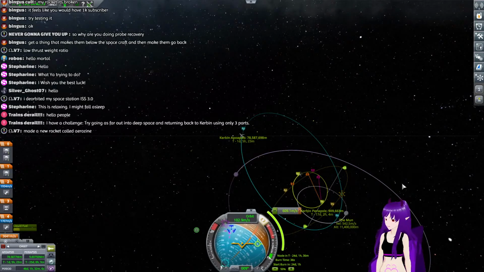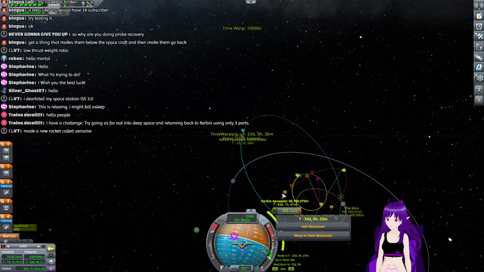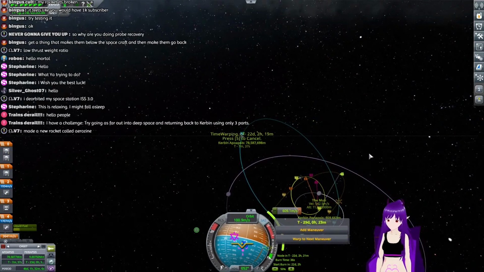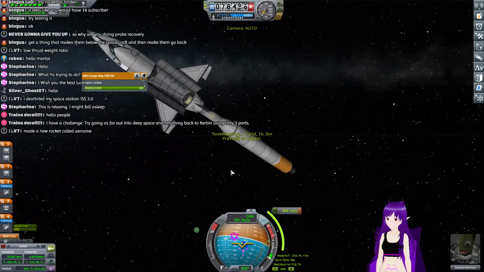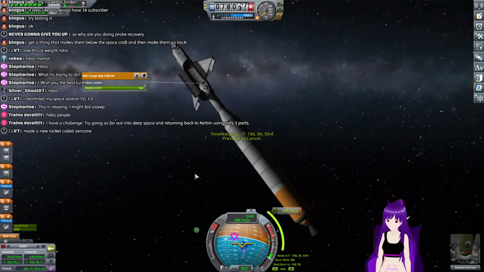And trains derail. That sounds like an interesting challenge, though not one I'm going to do at the moment, since I've got my own challenge with attempting to rendezvous with this probe that's returning from Eve. So we'll fast forward to this next maneuver,